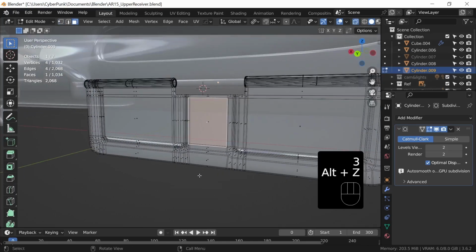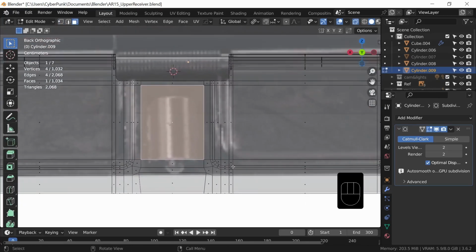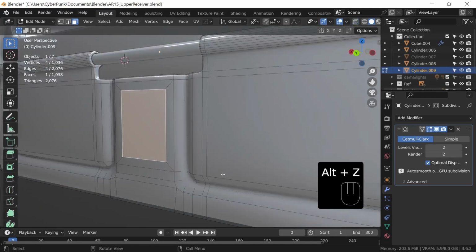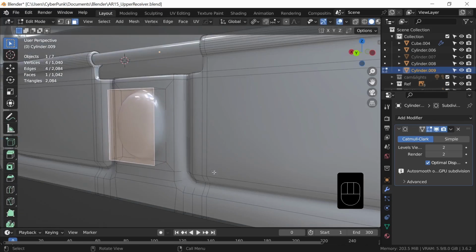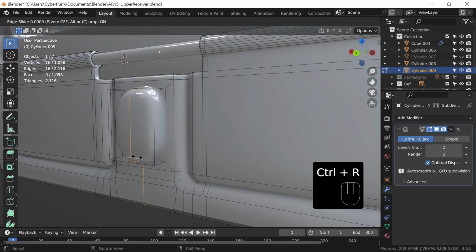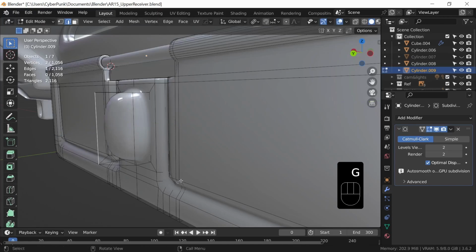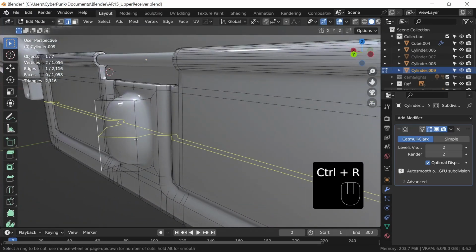So we have this little cylinder looking thing, I don't really know what it is, but you can select the face, press I to inset it, somewhere around there, and then we can just extrude with E. I'm going to come up just a smidge. I'm going to give a loop cut, Control R, and I'm going to grab that edge. I'm going to grab that in the Y, just pull that out further. You have this little nubbin, and then you can do a Control R,